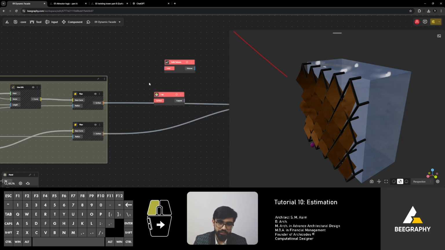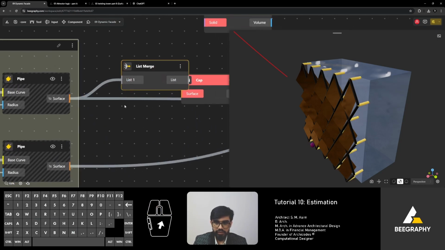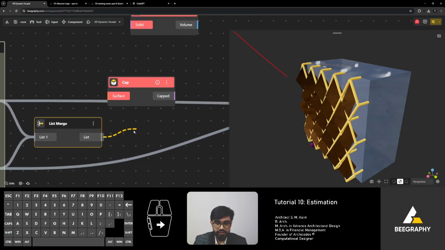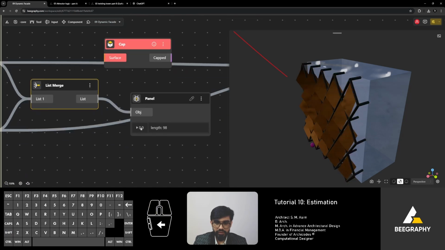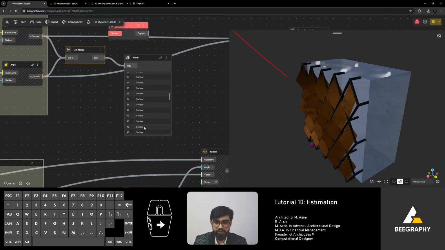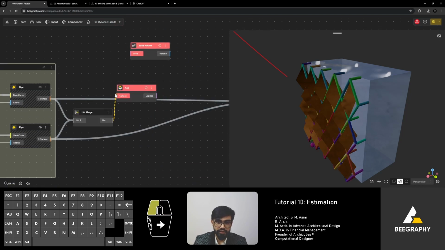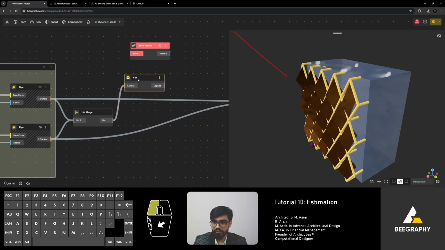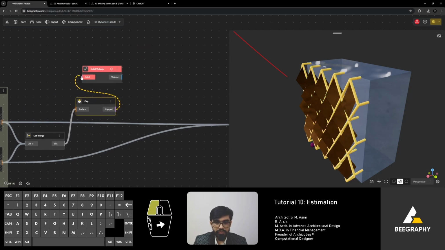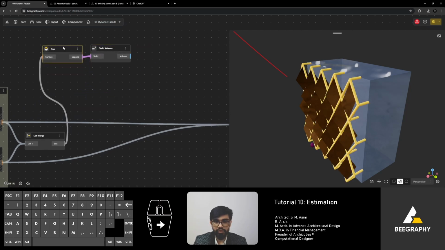And even before capping, let me just merge the lists to get, oh nice, so we don't even need to flatten it. All these pipes are now in one list, and let me cap them, and then the capped one will go into solid volume,